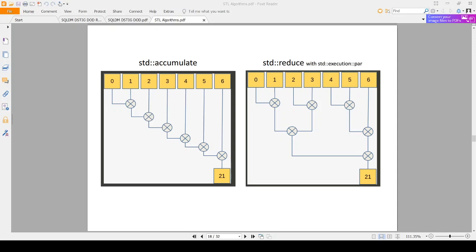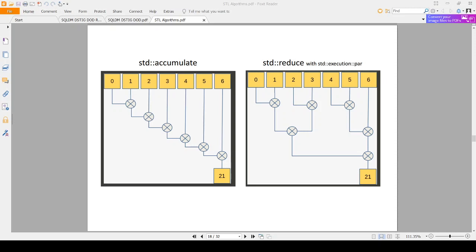We are seeing the same result for accumulate and reduce, because for sum, x plus y is same as y plus x, but x minus y may not be same as y minus x. 5 plus 4 and 4 plus 5 is same, but 5 minus 4 and 4 minus 5 is not same, right? So we need to be careful because of the parallel execution of reduce.